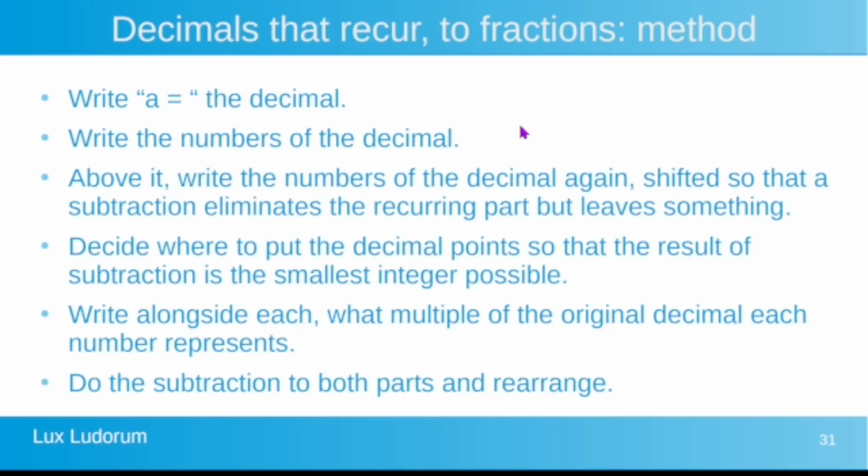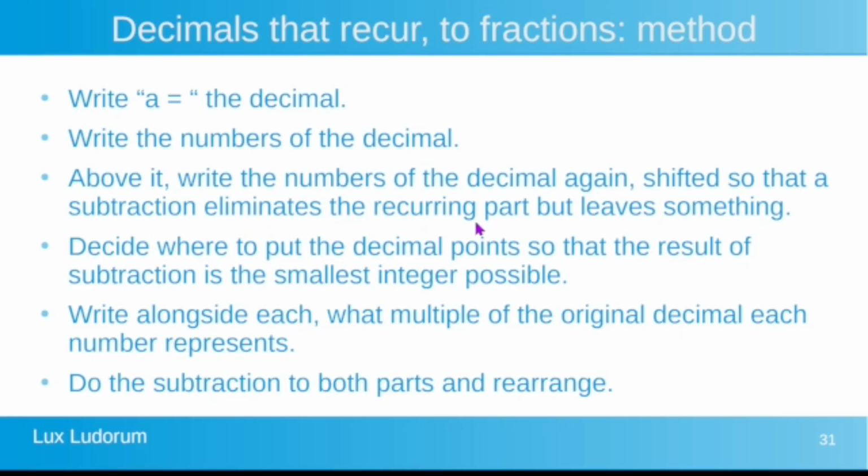So just to recap on that method, now that you've seen it, this should make more sense. You write the decimal down as being equal to A. You write the numbers of the decimal. Don't worry about the decimal point, any leading or trailing zeros. Above it, you write the numbers of the decimal again, and you shift it to the left so that a